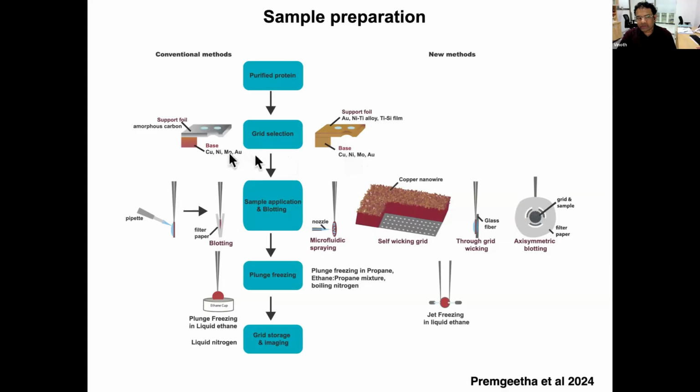The base could also be the same or different. Then instead of doing blotting by filter paper, you can use microfluidic spraying or self-wicking grids, etc. So there are many different ways to make it. And even plunge freezing now, instead of plunging, you can also freeze by using a jet of liquid ethane so